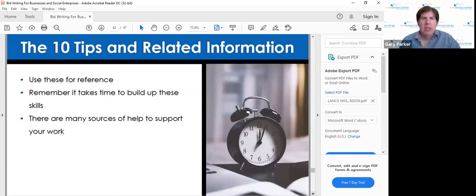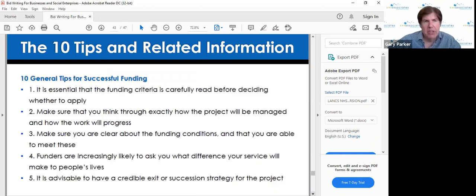Finally, I'm going to give you 10 top tips and related information. Use these for reference, please. But remember, it takes time to build up these skills, and there are many sources of help to support your work out there. So the first one is it's essential that the funding criteria is carefully read before deciding whether